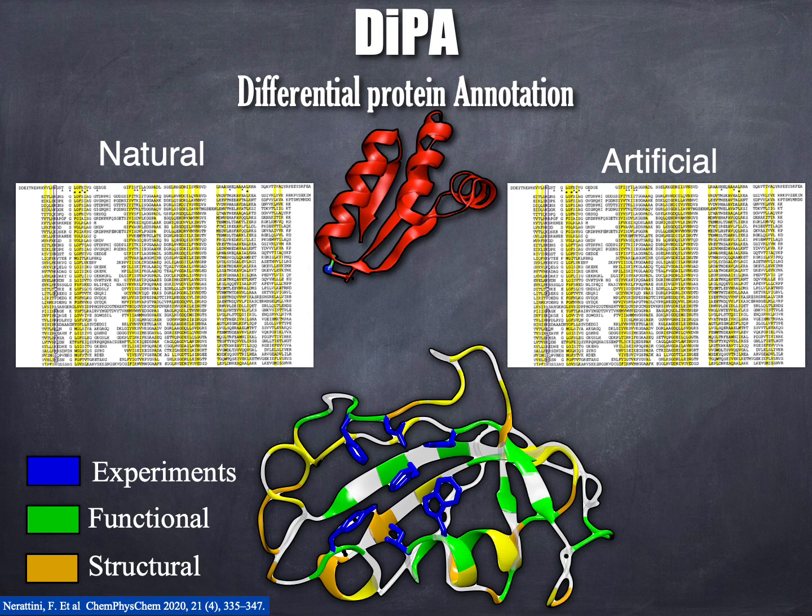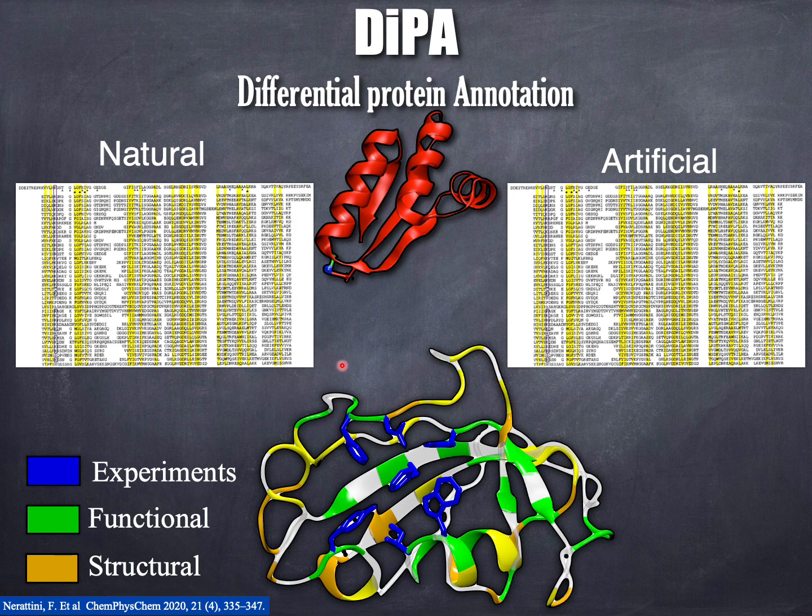Another application that I want to mention that is related to this reverse engineering of evolution is to understand how functionality can be detected in proteins. And this is a recent development that we are still working on. So an application of coarse-grained protein design is the classification of the amino acid function. By comparing correlation patterns in artificial sequences and natural ones, we could classify as structural the residues that have strong correlation in the artificial set, while functional are the ones that have stronger correlations in the natural set alone.